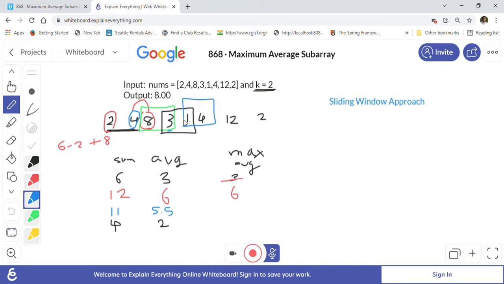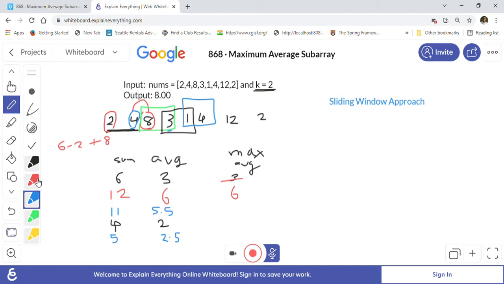So this is again window of 2. So we are adding 4 and we are subtracting the previous element which moved out of the window. 3 moved out of the window now, right? So 3 we will subtract and we will add 4. So 4 plus 4 is 8, minus 3 is 5, right? So 5 is the new sum, and 5 divided by 2 is 2.5. So 2.5 is already lesser than 6, so we will not update our max.